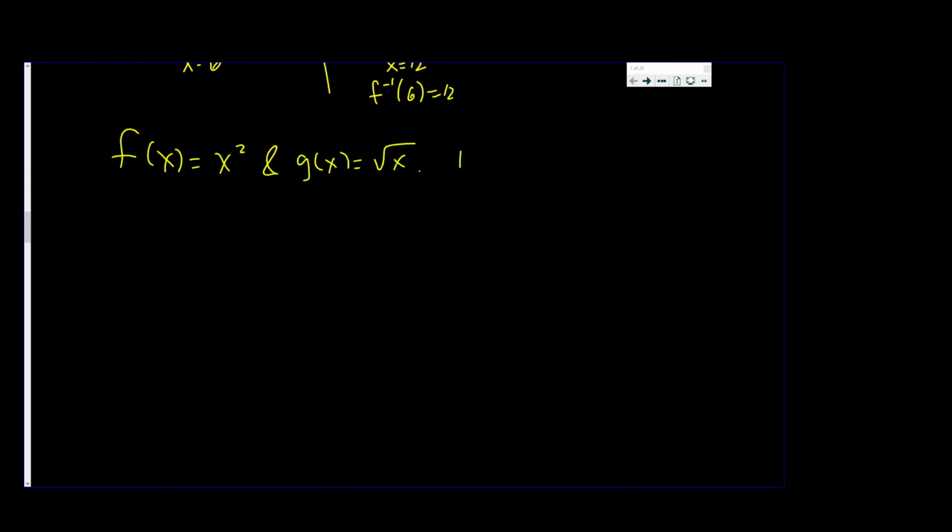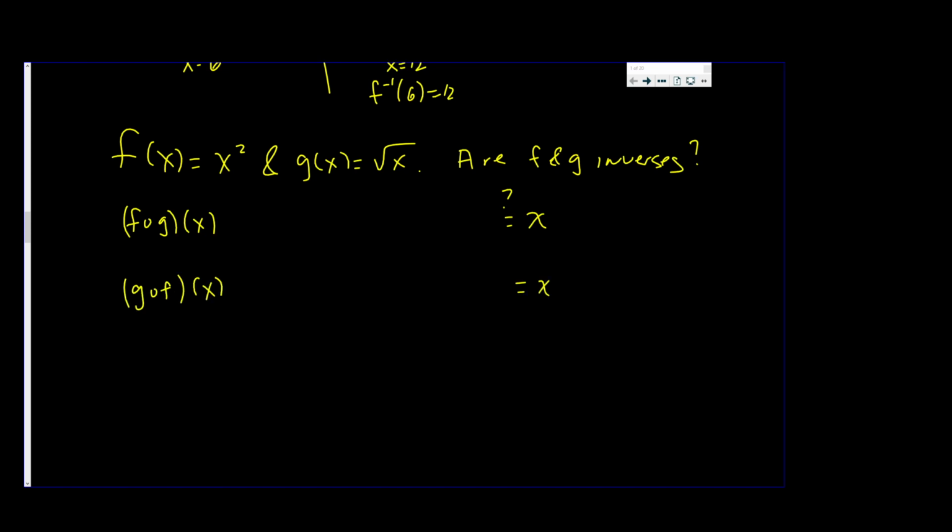And the question is, are f and g inverses? Are they inverses? Well, the very first thing I wrote was the definition of inverses. We need to verify that f of g of x is equal to x,